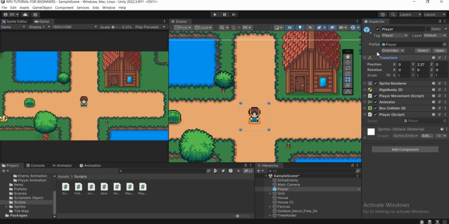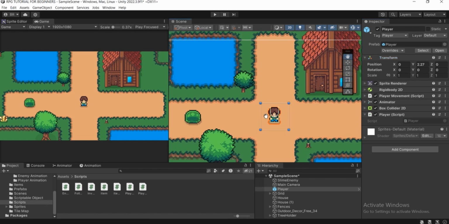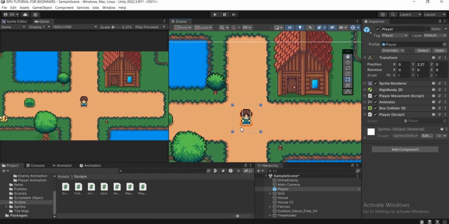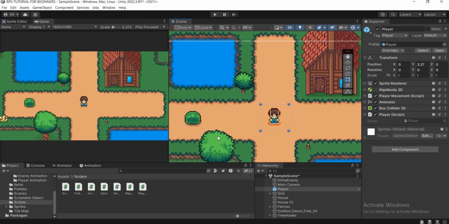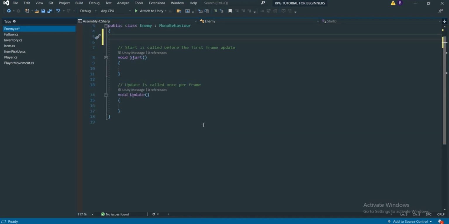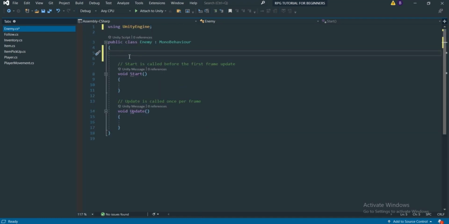So we need our player transform, so we can keep track of where the player is, then we can see if it's in attack range or not. So let's go to the script. We will make a public... Instead of making public, we're going to make a serialized field. Say square brackets and say SerializeField,